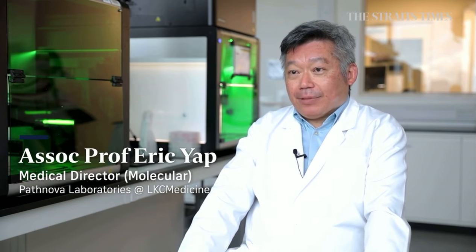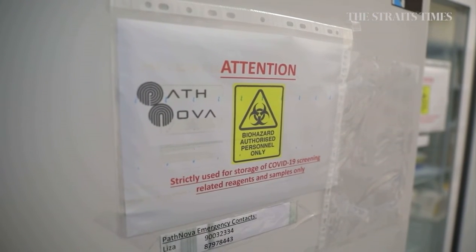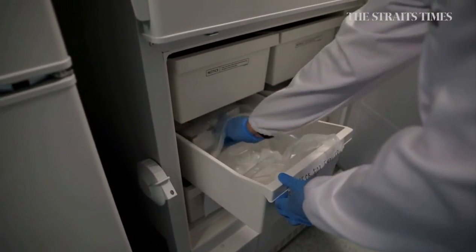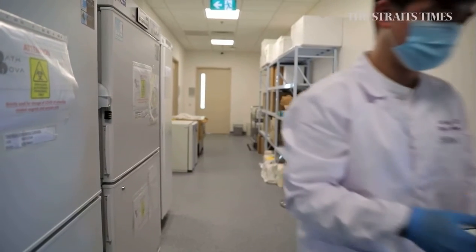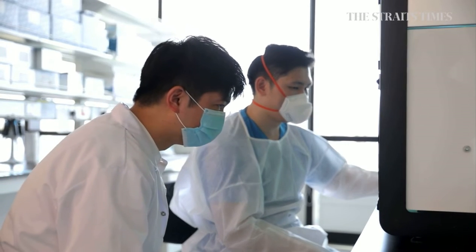We use a new direct PCR method that is faster and reduces the need for some reagents. And this is important if there's supply chain shortages. We use big data. We collect data on 60 or more parameters for every sample that is brought into the lab. And this allows us to trace the quality, to predict problems before they occur, as well as to improve